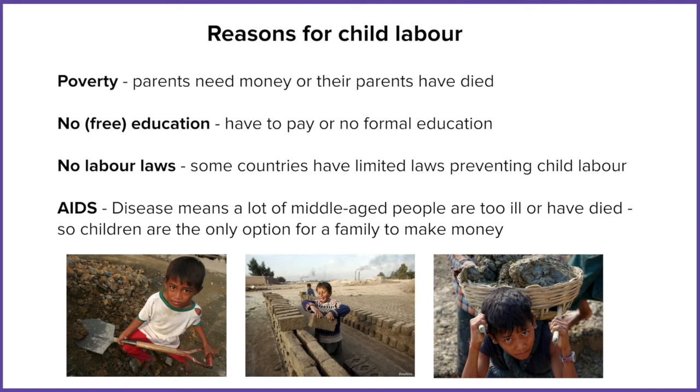And now I've got AIDS down on here. So HIV/AIDS is a massively debilitating disease which can mean that a lot of the working age people can't work, and therefore they've got to rely on the children in order to bring in the money. But you could replace AIDS with just health in general. If a person or if a workforce is not healthy enough, then they're not going to be able to work and produce money for the family, but also produce the taxes needed for the government in order to spend.